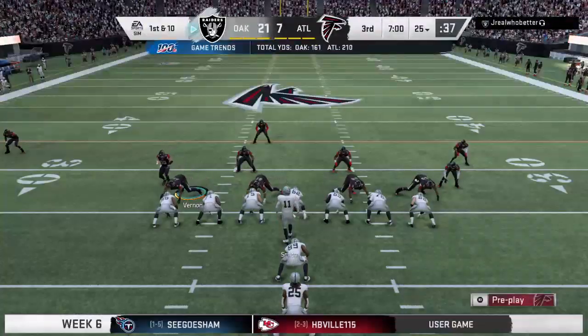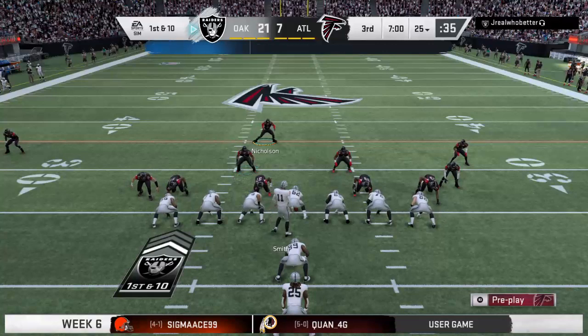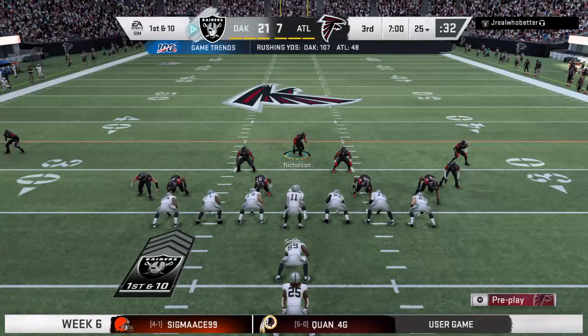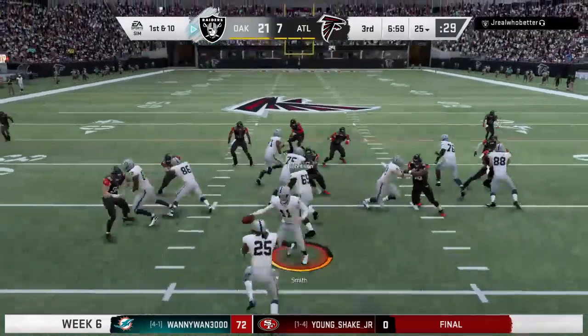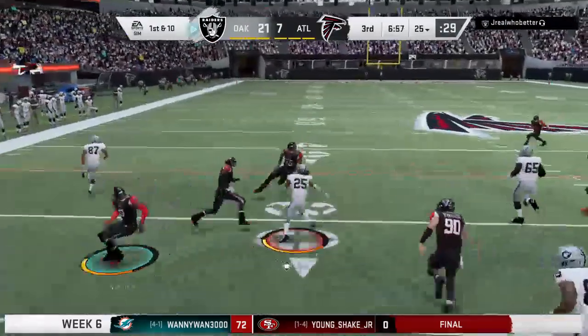The Raider offense set to get this drive started. They built a good first half lead. Now they have a chance to add on to it. And what I'm thinking is that the offensive staff spent the entire halftime just working with them on...